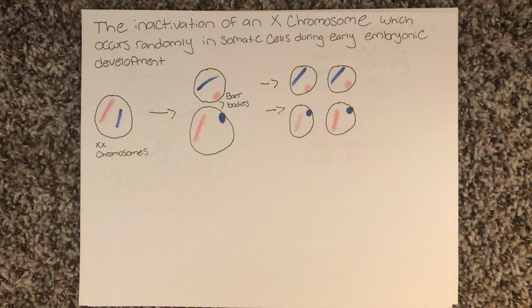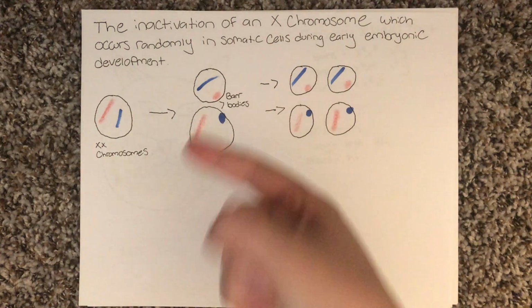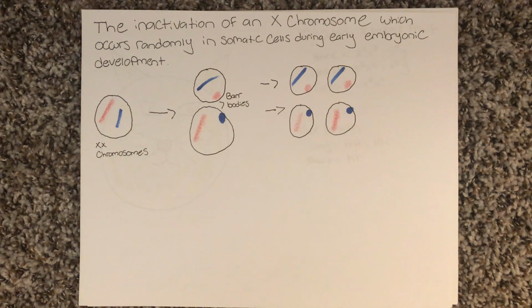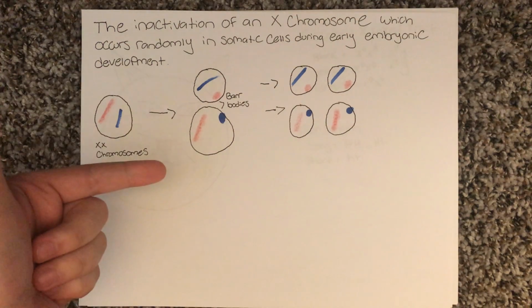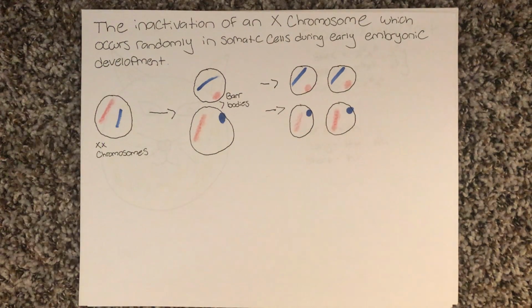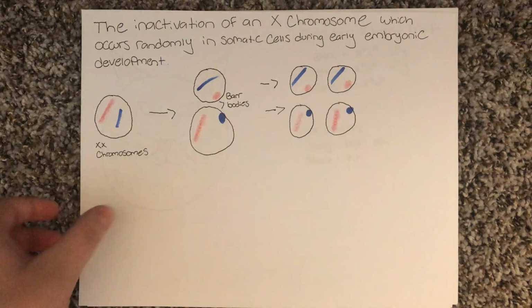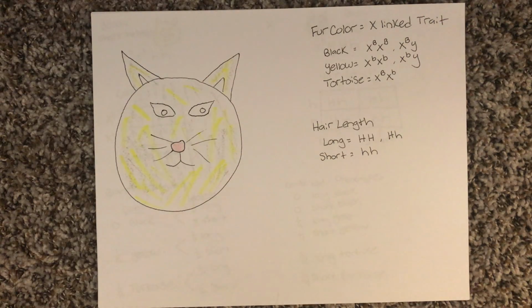In order to inactivate the X chromosome, it becomes condensed and is pushed off to the side of the cell in order to prevent it from being expressed. This condensed X chromosome is called a Barr body. Early on in development, each cell randomly inactivates an X chromosome. Since some cells have one X inactivated and others have the other X inactivated, the cells may express different alleles from the X chromosome. This can be seen in female tortoiseshell cats.